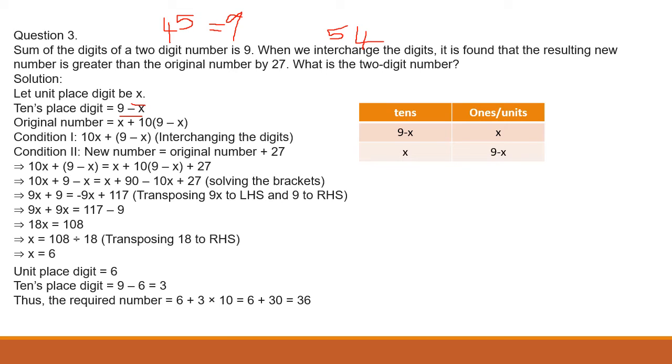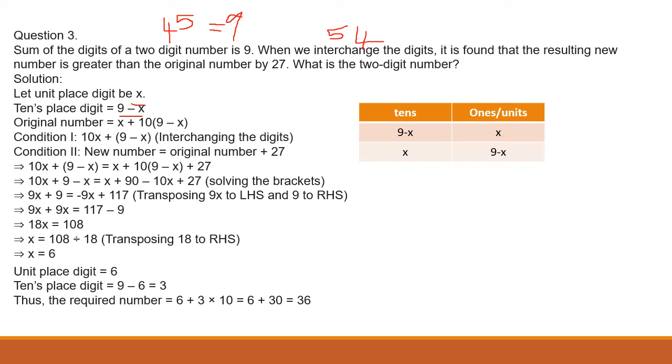Then children, condition two is about the new number. See here, they said the new number is equal to the original number plus 27. By interchanging the digits, the new number obtained is equal to the original number plus 27. That means it is greater than the original number by 27. Children, let us consider the new number as 10x plus 9 minus x. After interchanging the digits, the new number obtained is 10x plus 9 minus x, which is equal to the original number